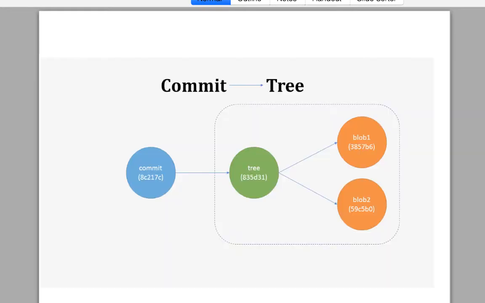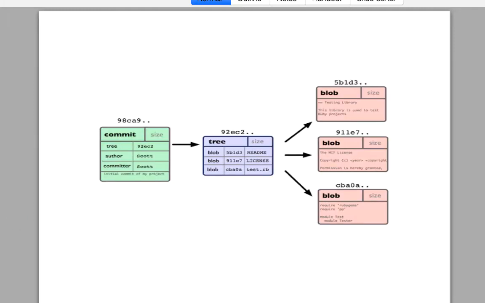And then, after doing our changes in the working directory, we push our changes as a commit. A commit will have the hash of the tree and other metadata. It will have the information that this particular commit has this blob and this blob, like that. And that's how the Git repository is constituted.